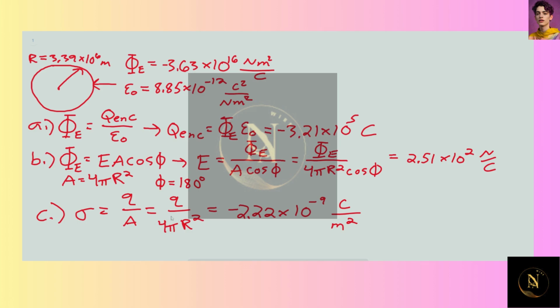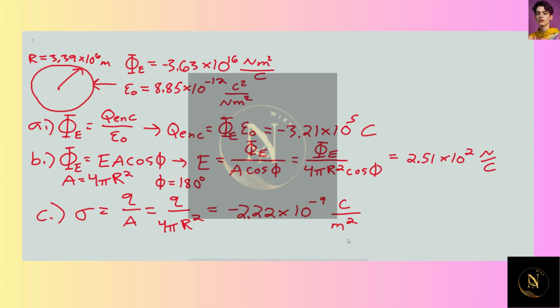Total surface area, again, is just 4 pi r squared. So our charge density is just Q divided by 4 pi r squared. We plug in Q from part A, as well as the radius of Mars that we looked up, and once we put these numbers into the calculator, we end up with a charge density of negative 2.22 times 10 to the negative 9